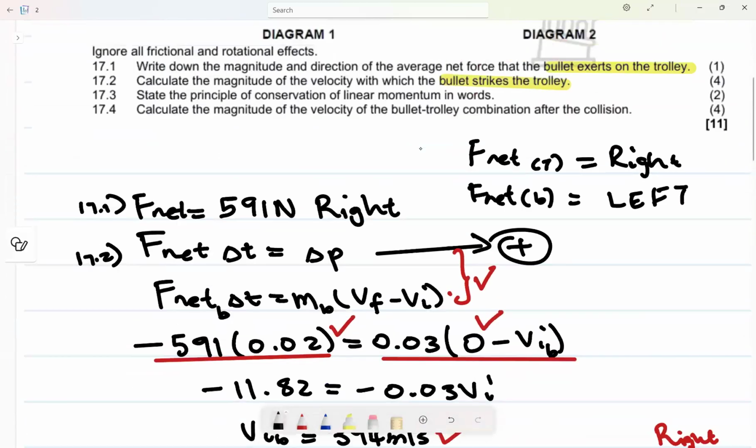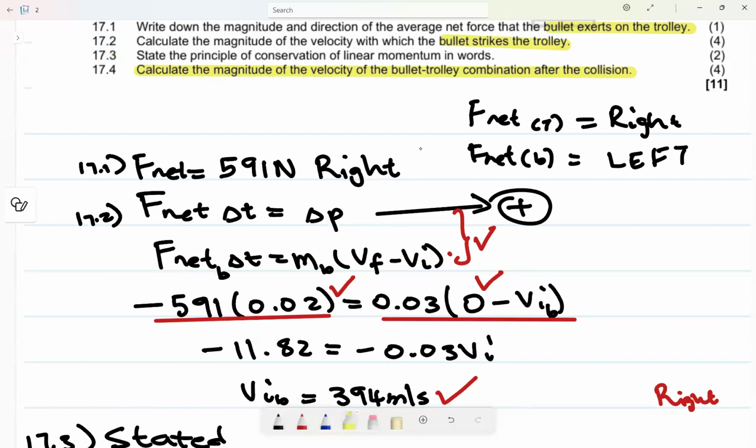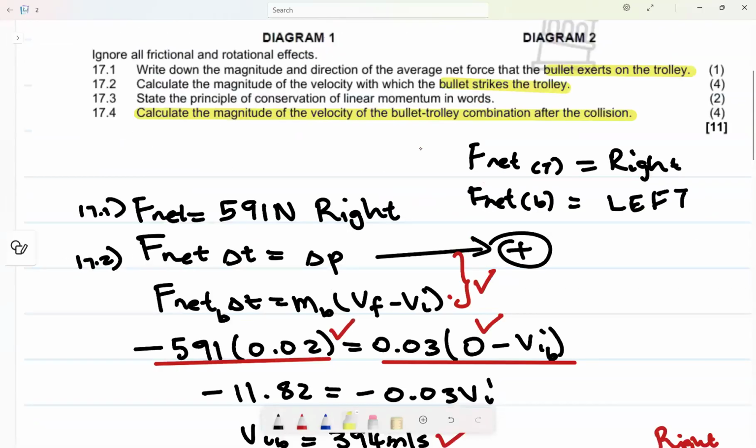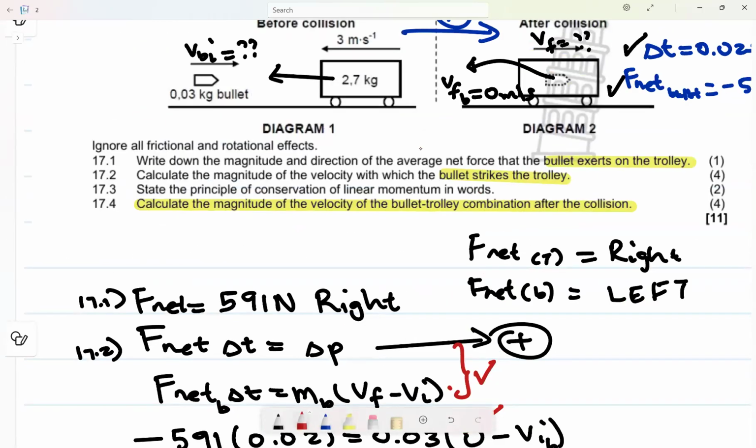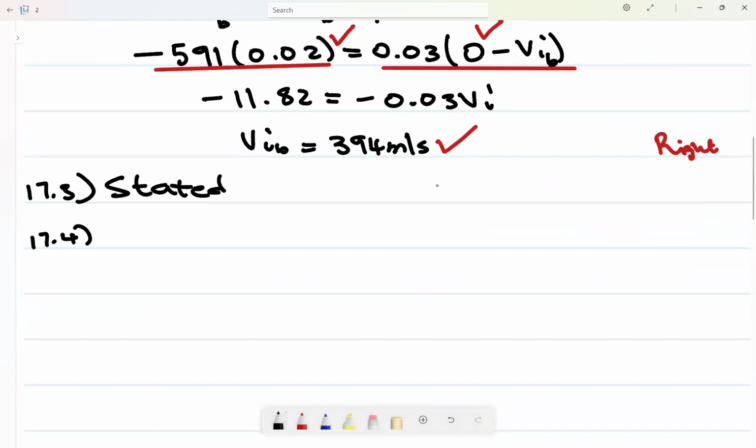Now, 17.4. They say calculate the magnitude of the velocity of the bullet-trolley combination after the collision. Since the examiner told me to state the principle, there are high chances I'm going to use it. Can I use it? Yes, I can, because now I know the velocity of the bullet, which is 394 meters per second. And I can calculate for both of them, since they are moving as a unit. So this time I can say, sum of momentum initially